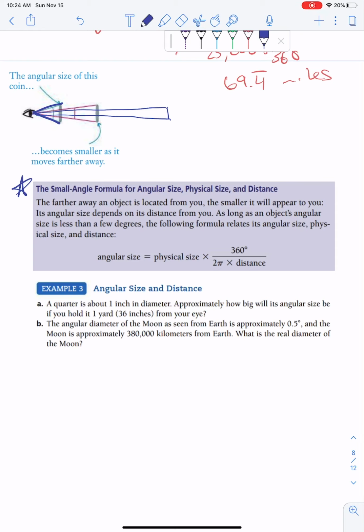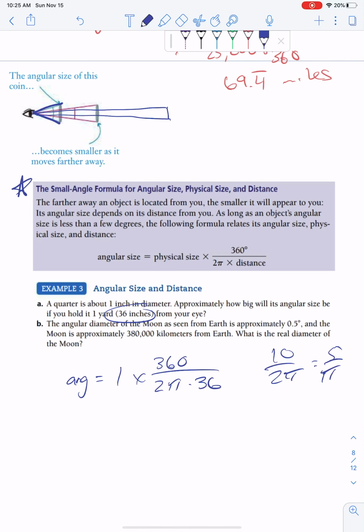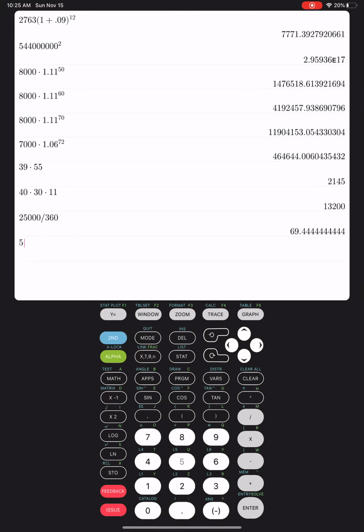So if a quarter is 1 inch in diameter, approximately how big will its angular size be if you hold it 1 yard from your eye? We're not going to use 1 yard, we're going to use inches. So my angular size is equal to my 1 inch physical size times 360 degrees divided by 2 times pi times my 36 inches that it is away from my face. So doing some quick math, 360 divided by 36 is 10 over 2 pi, which is just 5 over pi, which is going to be a smaller decimal. So 5 divided by pi,